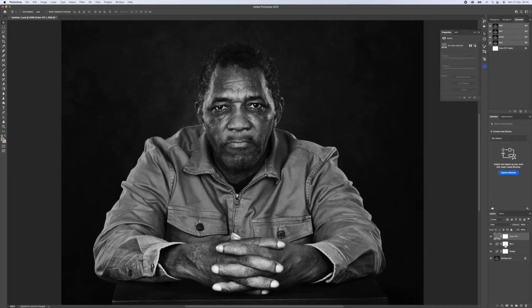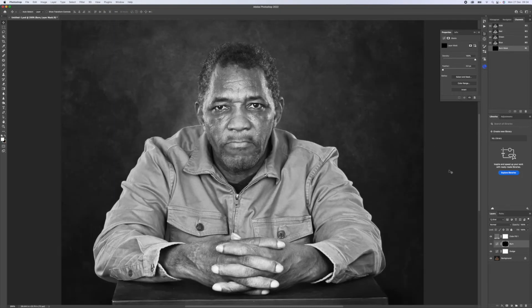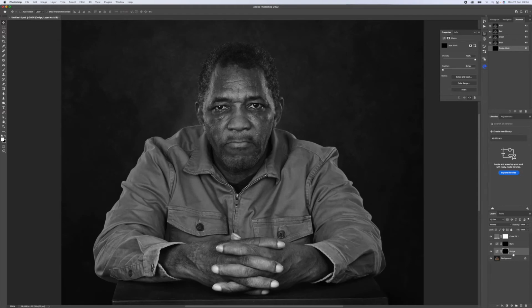So now we've got the burn and dodge on, so we're going to invert it so it's black, so it's now not affected. So we've now got the original picture but in grey. I personally would always put these in a folder. So now what we're going to do is we're going to start with burn